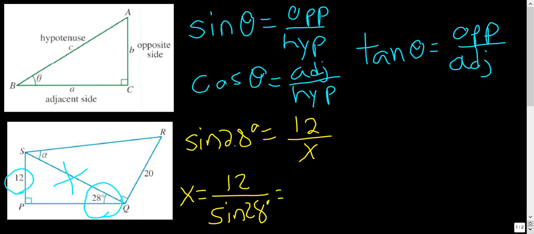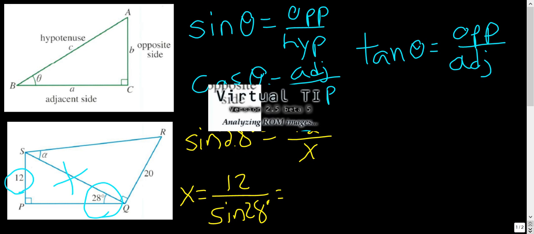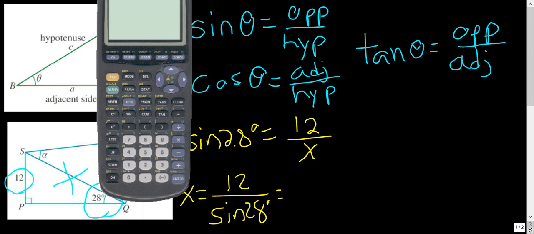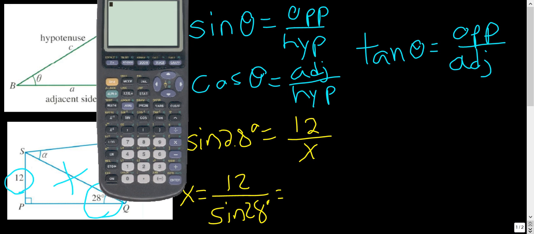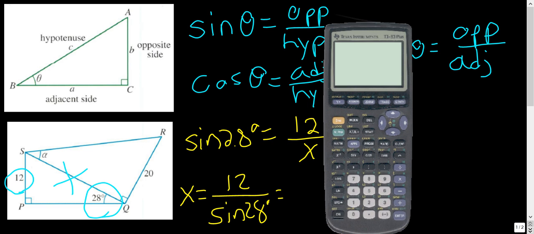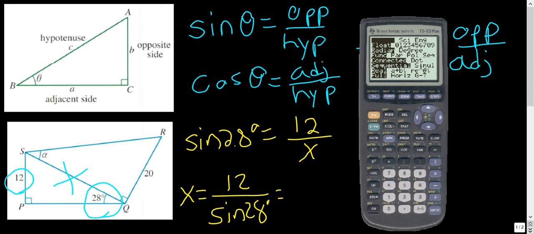Now, I don't know the sine of 28, but I can use my calculator. We want to make sure that we're in degree mode. Whoa, what's going on? See, I'm in radian mode, so this would have been bad news. We'll talk about radians in just a second. So if I do 12 divided by the sine of 28, that gives me x,